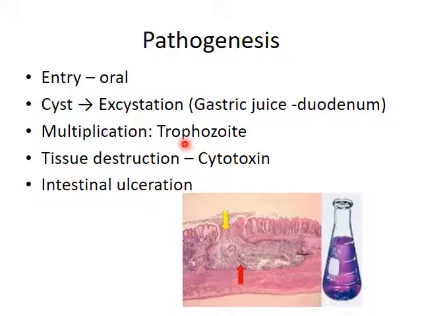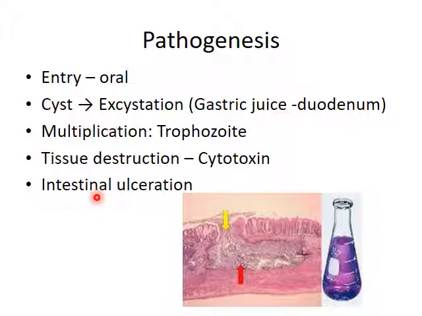These trophozoites multiply by binary fission, and once the trophozoites are colonized, they start adhering to the intestinal mucosa, and with the help of virulence factors of trophozoite, they start destroying the tissue of the intestine,